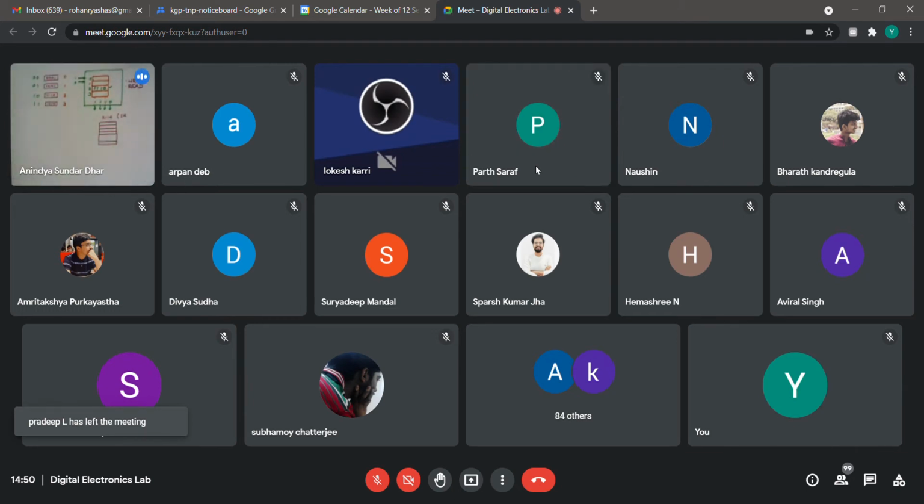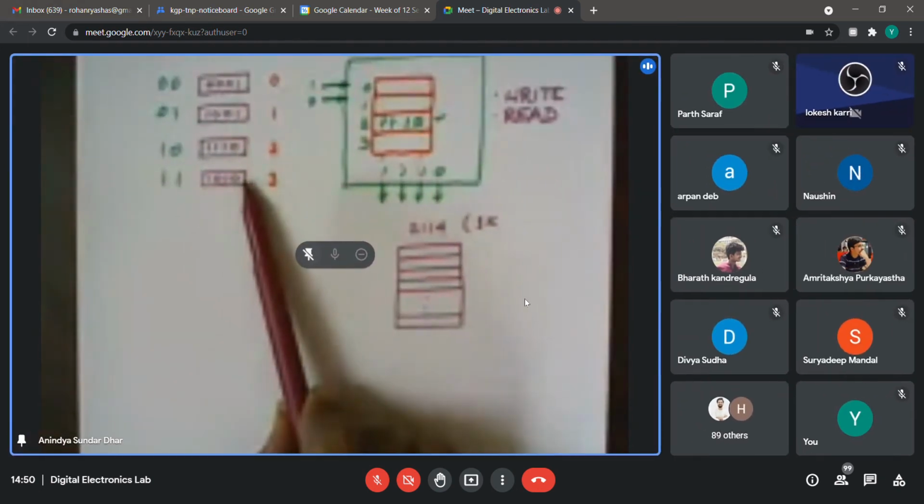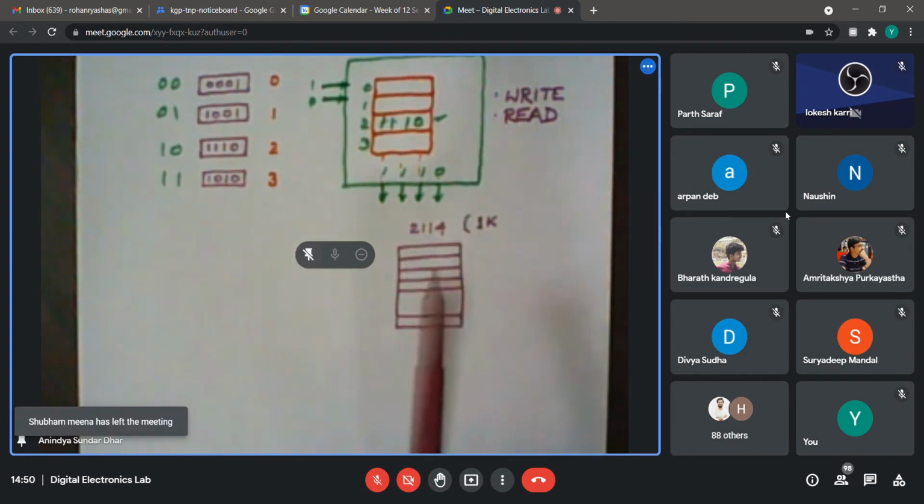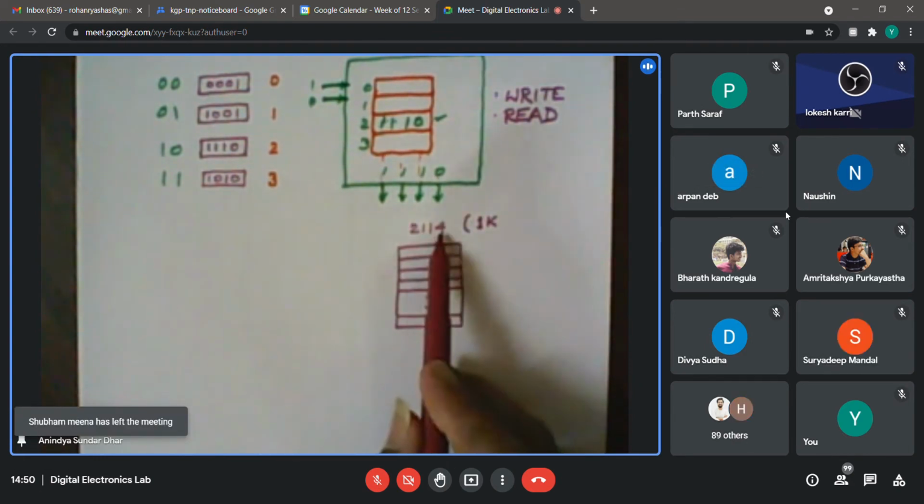So that read and write. If up to that point you are comfortable, then I said that here we are talking only about 4 such locations, or 4 such registers, as we are drawing the equivalence. So in the 2114, if you look at its manual, it will say